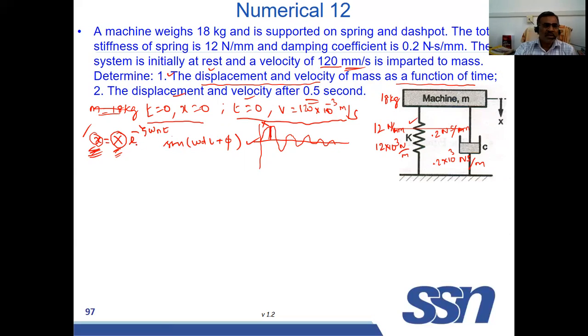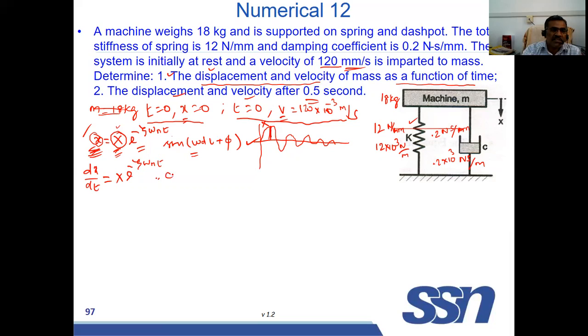Now, two conditions are given, one in terms of displacement and another in terms of velocity. So you differentiate the equation with respect to time, and you will get velocity. So dx by dt is equal to: X is a constant, so you keep it. Here there are two variables. You keep one as it is first, e power minus psi omega n t,